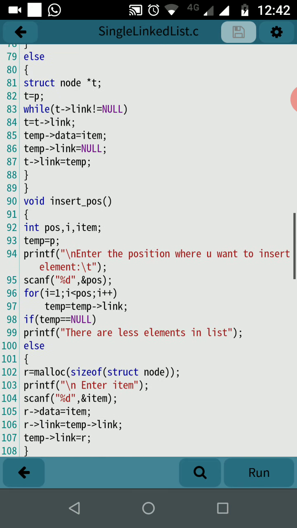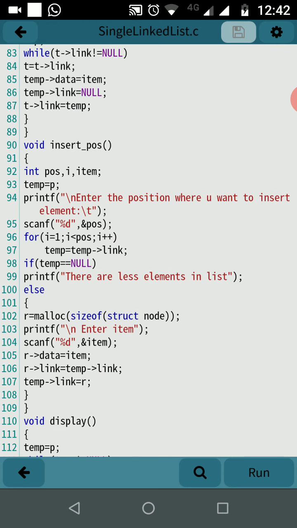So it will set up the node at the end of the list. If you are going to insert the element at some given position, we have to take one more variable, to be filled in by the user, saying at which position we have to insert the element. So we take it as POS. For that, we have to find out the position. Again we have to traverse the list from the first node to the node where we want to insert the element. So for I is equal to 1, I is less than position, I plus plus, this for loop is used to traverse temporary to the next one. Temporary equal to temporary link. We have to continue this till I is less than position.